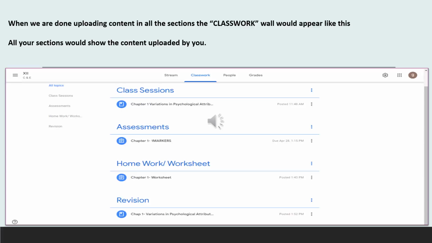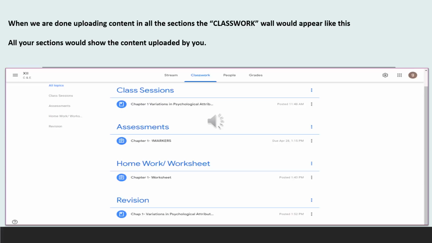If you want to click on any particular section, you can also choose from the sidebar, where you can see all topics, class sections, assessments, homework and revision on the left hand side. You can select from that also. It is basically to help you out.